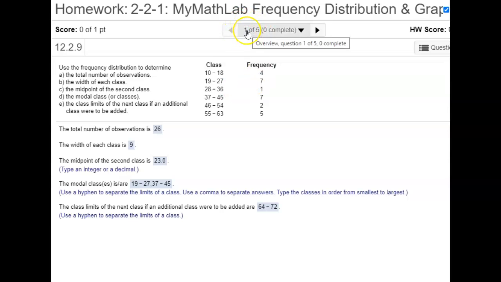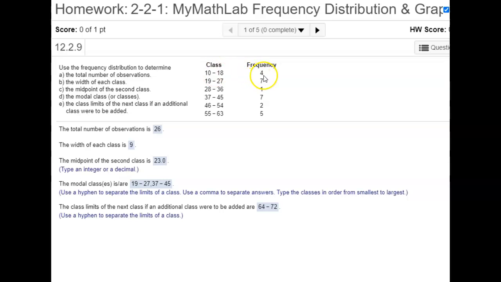For question 1, we are looking at a frequency distribution. And with a frequency distribution, we always have classes, which are just ranges of numbers, ranges of values here. And we want to count how many pieces of data fall within each range of numbers within each class. So just looking at our classes here, the first one is all the numbers from 10 to 18, and there's